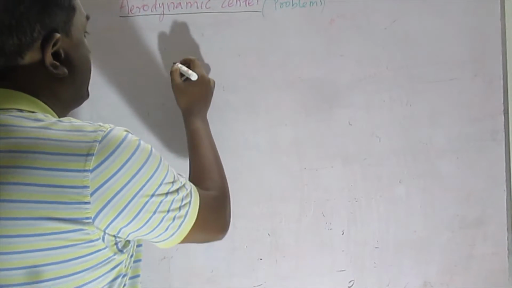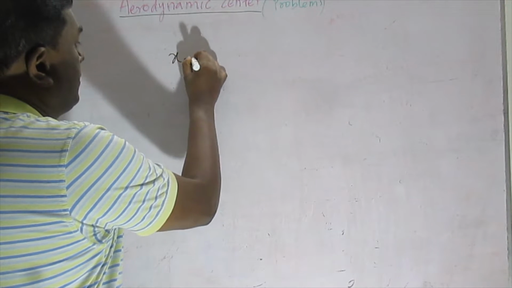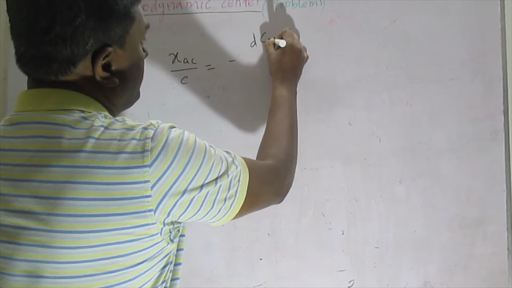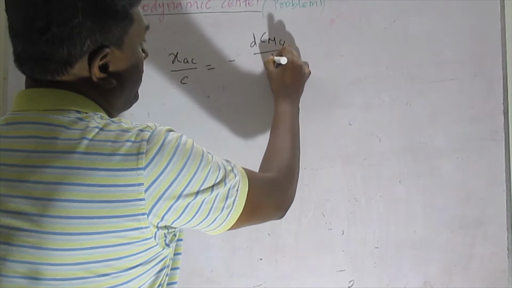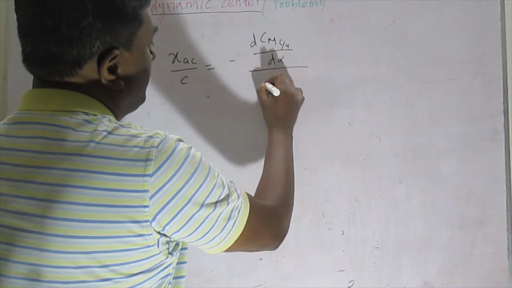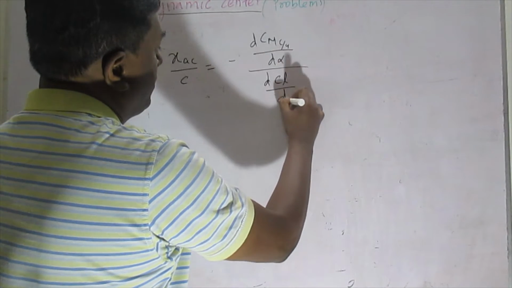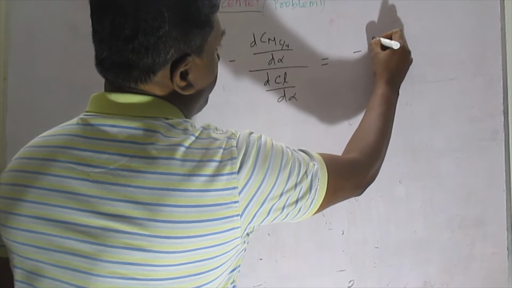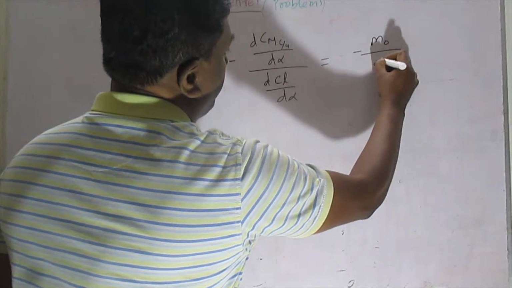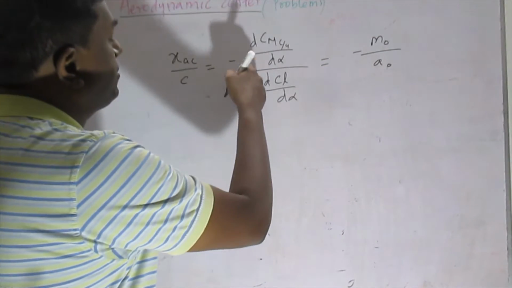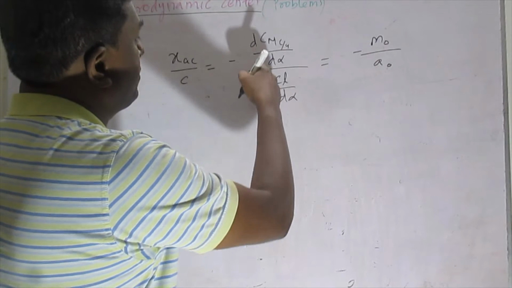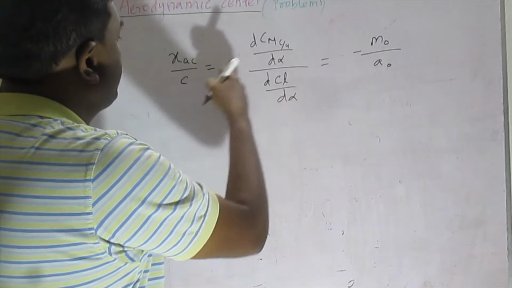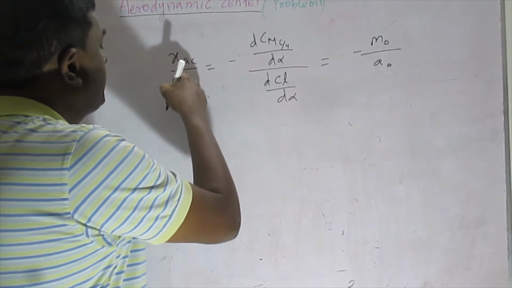the relationship, that is nothing but XAC by C equal to minus dCm by d alpha by dCl by d alpha. So this also we have taken as minus m naught by a naught. So we need to find out this ratio. Once we get these ratios, then we will be able to find out what is the aerodynamic center with